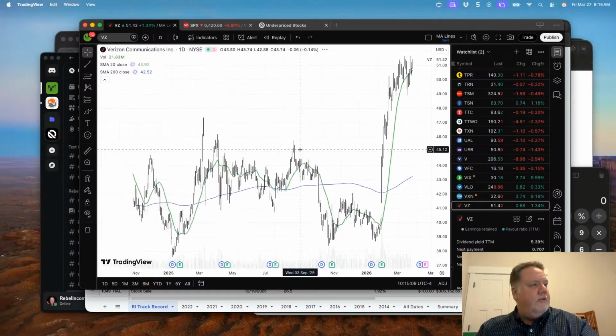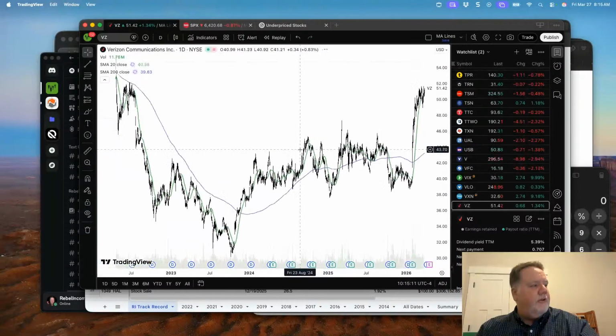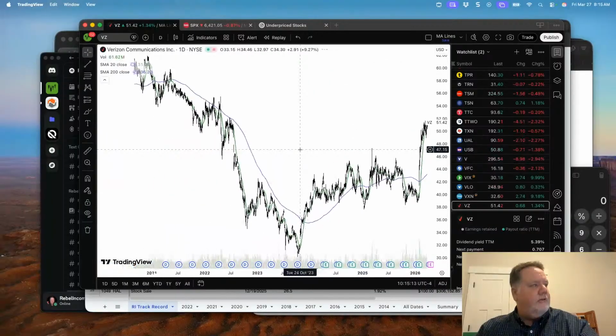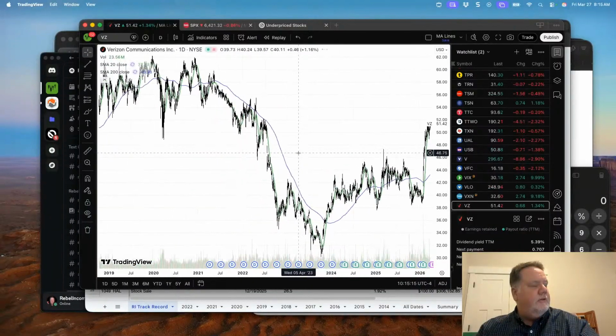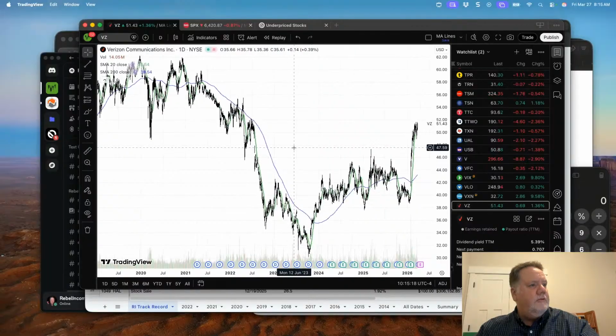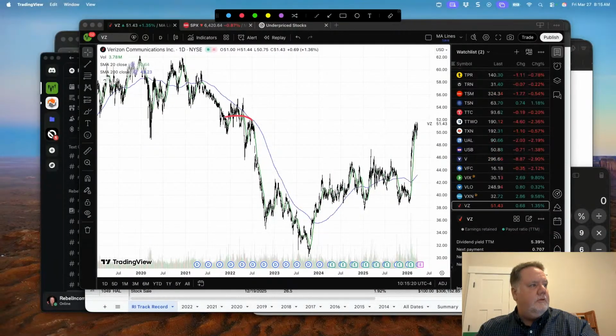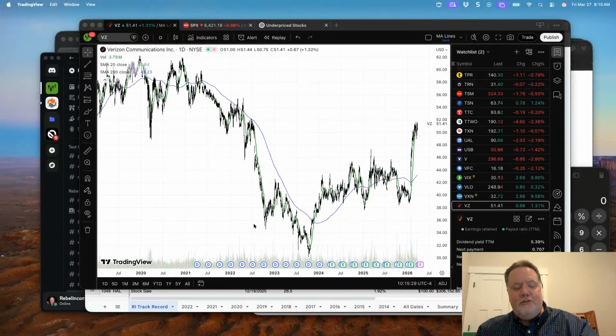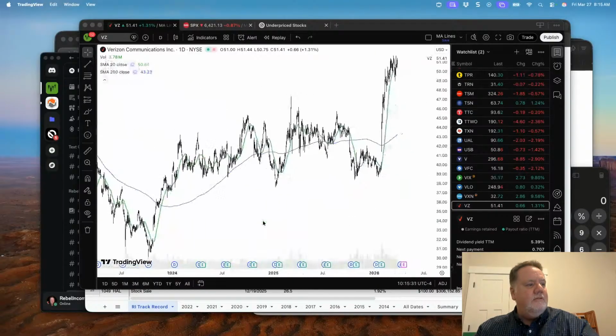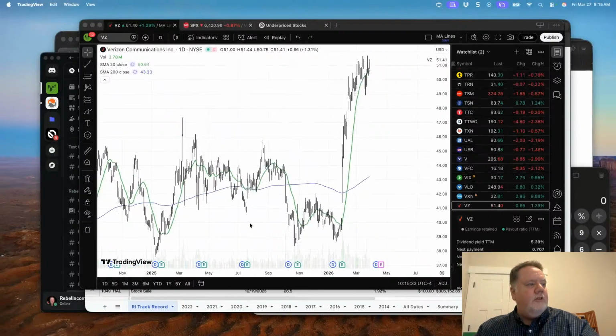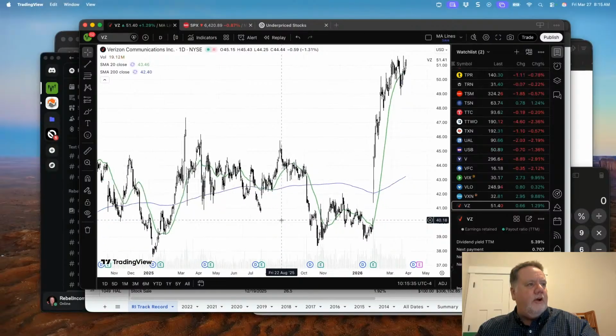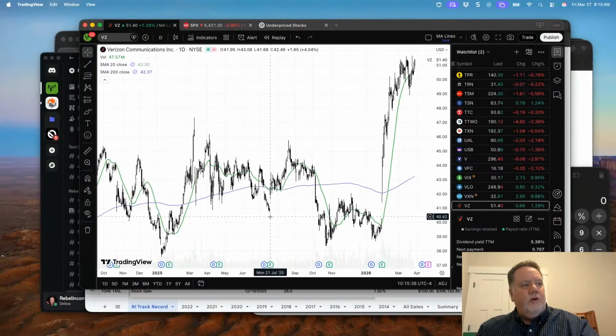Let's just look at the longer term chart here. I started working with Verizon somewhere in this neighborhood, again, all the way back in 2022. So this has been an exercise in patience. Verizon is a really good example of a stock that is there. Verizon, AT&T,